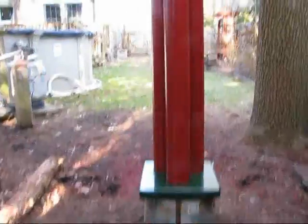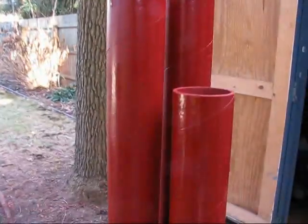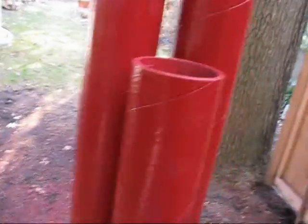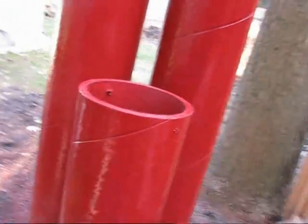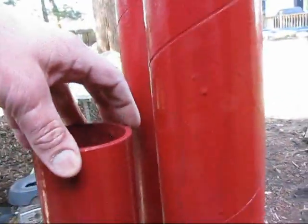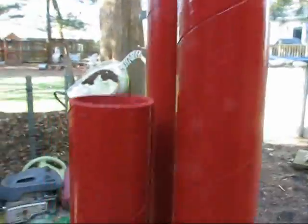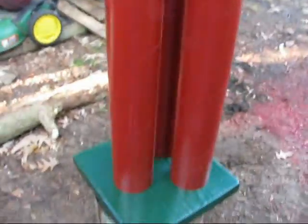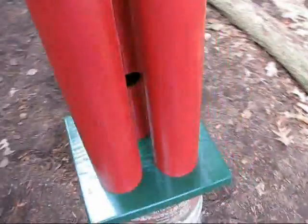I temporarily set up my 3 candlesticks on the base, and I left a little space between because I'm not sure how I'm going to decorate it. I'm thinking of some snow down here cut into like icicles, and I may have to replace it after a couple of years, so I didn't want to make them all tight against each other. So I basically got to mark where I'm going to have them